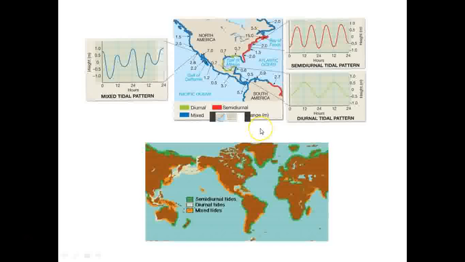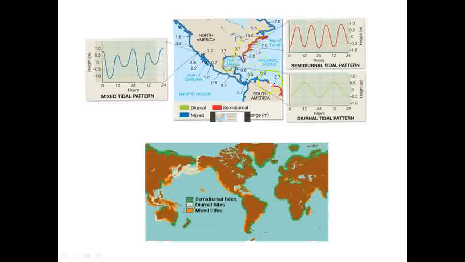So 2 of each a day, not the same. This is kind of a neat graphic. It shows where the different tidal patterns are experienced in North and South America. So the red shows semi-diurnal tidal patterns where they have 2 highs and 2 lows a day, but they're the same